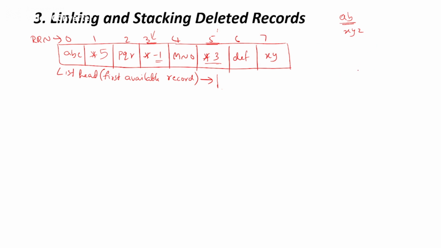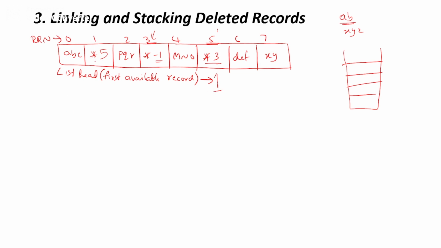Now why does that happen? Because if I write it like a stack, xyz was there in 1, that I am going to remove. When you are removing that, that will be the top of the stack. So what will happen to that top of stack? We want to add something there. That is why I will make my list head point to 1.